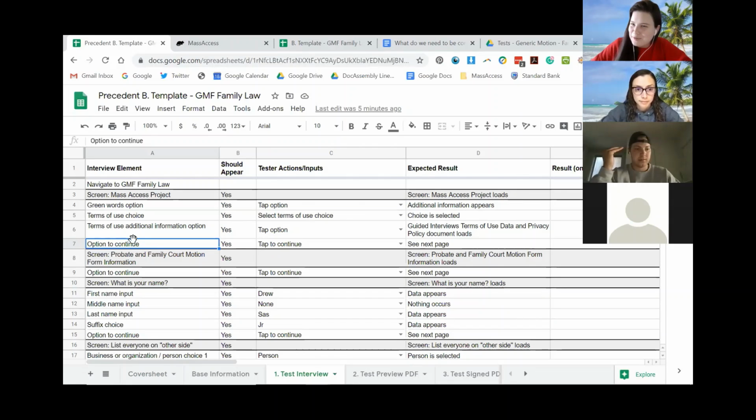I've forgotten what the first one was. Oh yeah, the file names. Okay, so